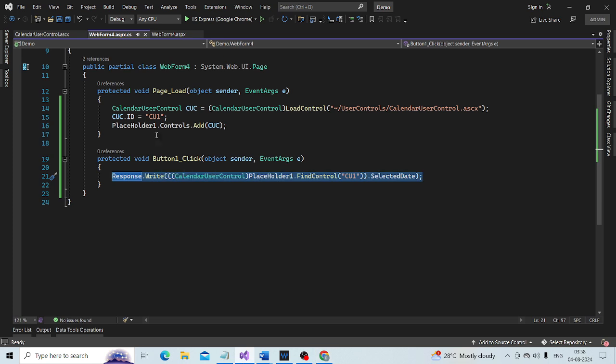Okay, now we know that this user control also supports events. If you also want to wire up programmatically the events of this control, you can do that as well before actually adding the control.